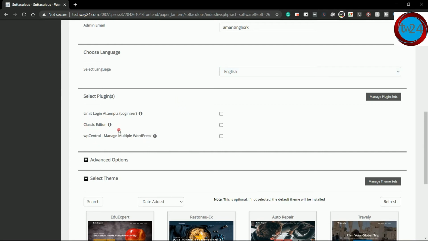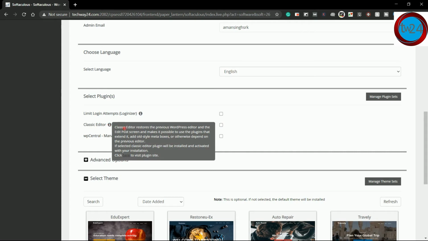Under classic editor, you can check this box or leave it as it is, because classic editor restores the previous WordPress editor. It's an old WordPress editor. If you want to install it, then check this box. Otherwise, if you do not know much, then leave it unchecked.